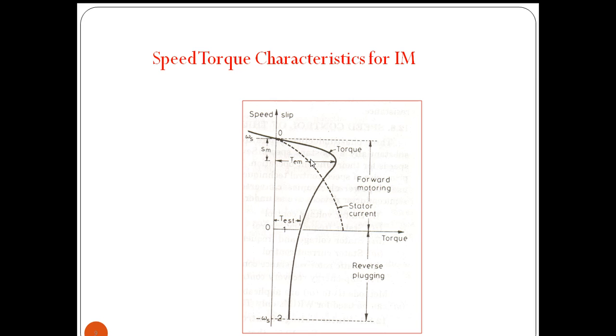the stator current is increasing, and it is reaching more than the rated value. After the torque is reaching maximum value, the armature current is reaching rated value. Further, if we increase the slip, the armature current will become more than the rated current. Because of that, there will be more losses, and the torque of the induction motor will be decreasing during the forward motoring operation, and these are the characteristics of the reverse plugging operation of an induction motor.